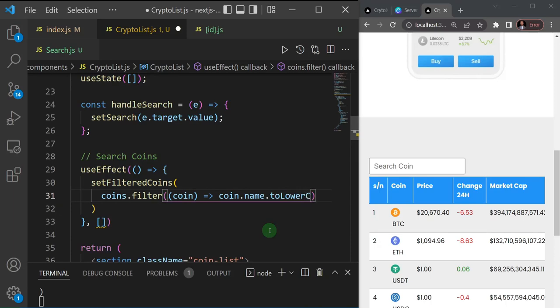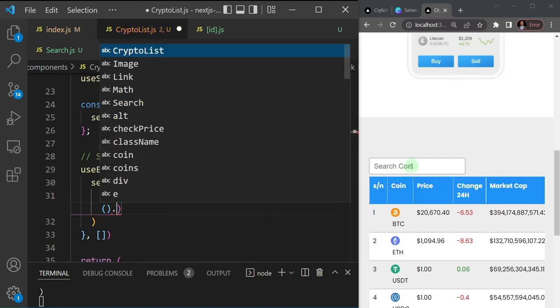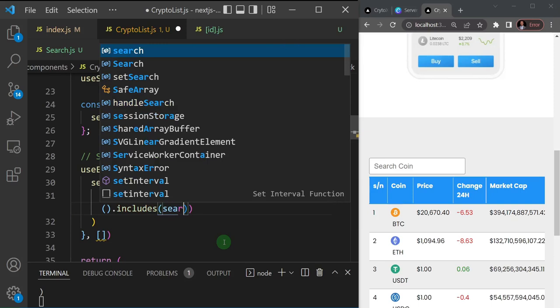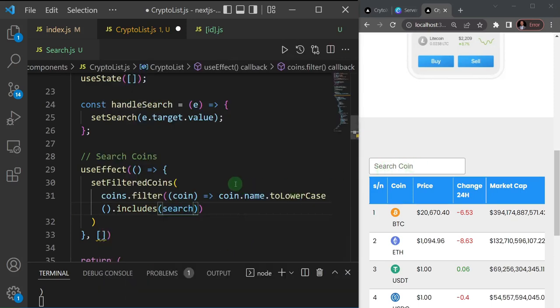Okay, I was expecting Visual Studio Code to help me. So toLowerCase, then I want to check if it includes anything that is typed into this input field. So I'll say .includes, and I would open this guy up, and then I'll just say search. You remember we tied this input field to the search state, but I also want to convert the search to lowercase. So I'll say .toLowerCase, like so. All right, so that's how we can filter the list of coins here to match whatever we type